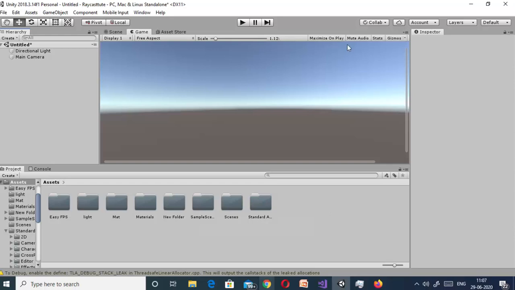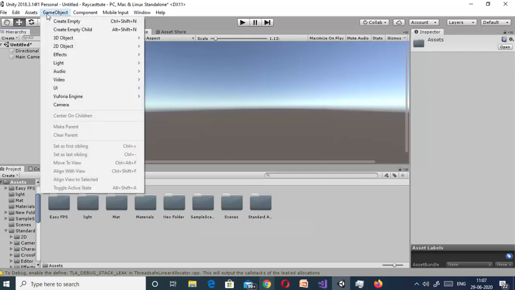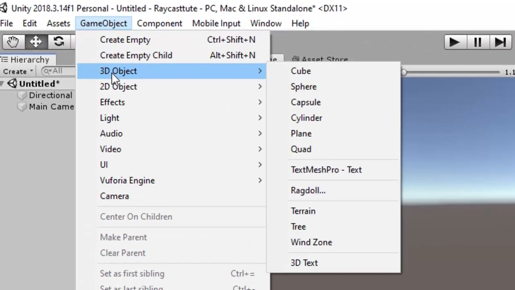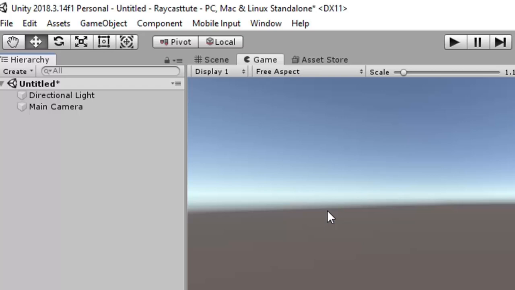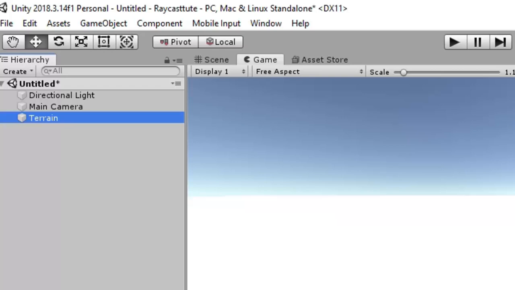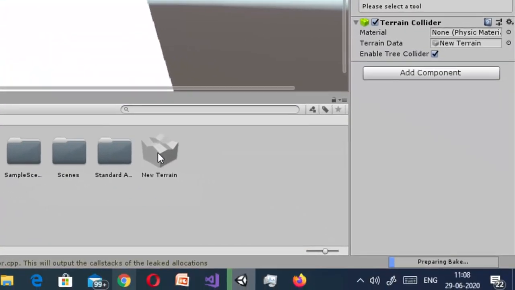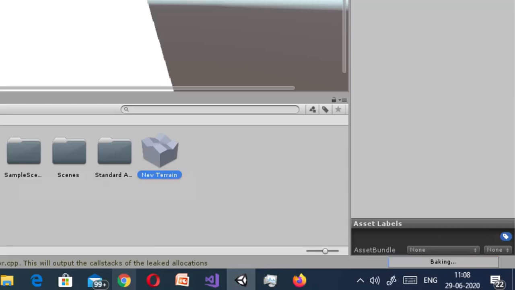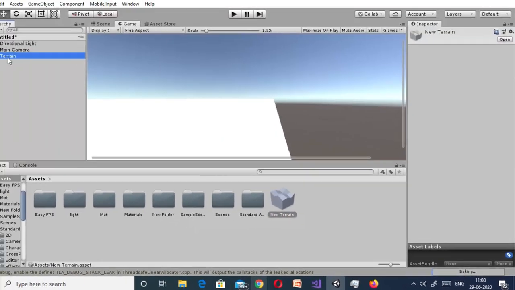This is a very basic GUI of Unity. We can create a 3D game object, and here we can see that Terrain is available. If I click it, one new terrain is created, and in our hierarchy we can see this game object.